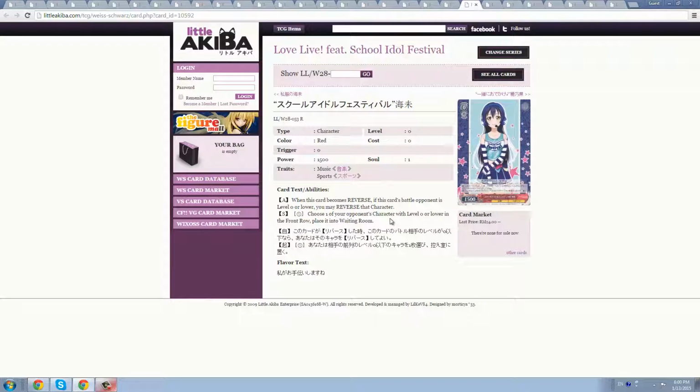This Umi is not bad. First of all, she's a level 0 Suicider, which is already very playable in its own right. And next up, her next effect is not bad because pay 1, kill opponent character in the front row. Definitely don't want to be spamming this effect because you're wasting stock to kill level 0s. Not a lot of merit to that, but it does have its uses at times because first turn, if you